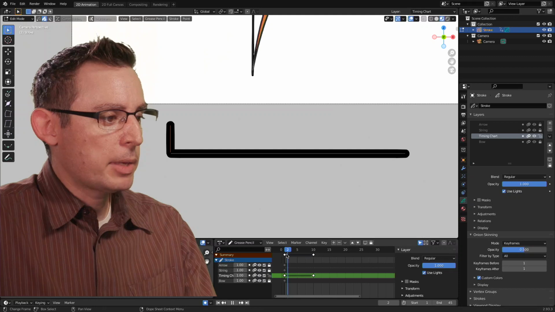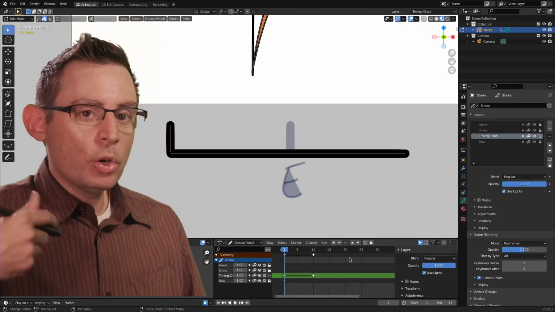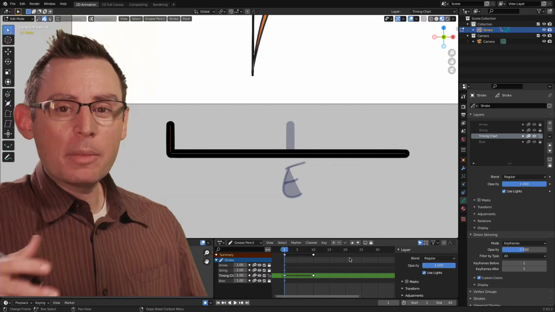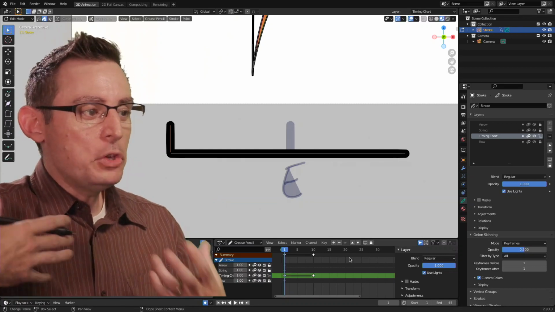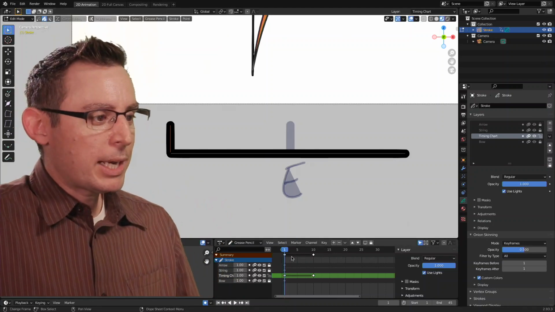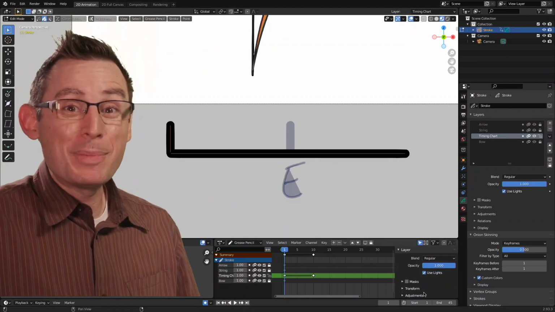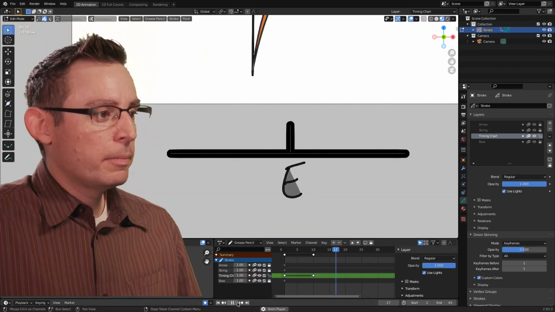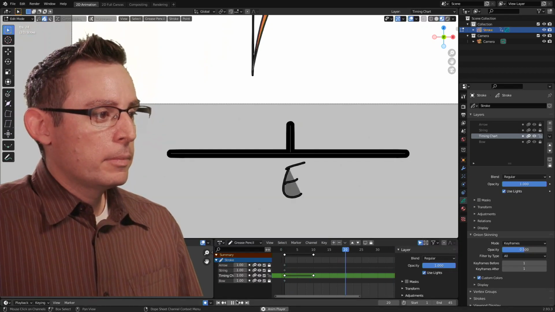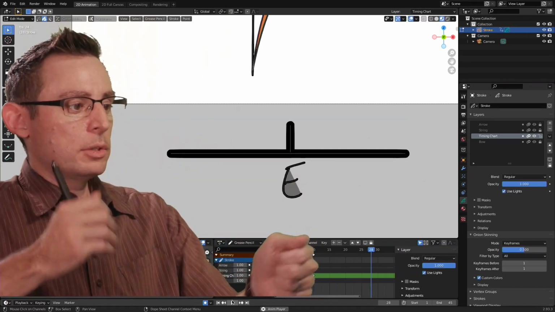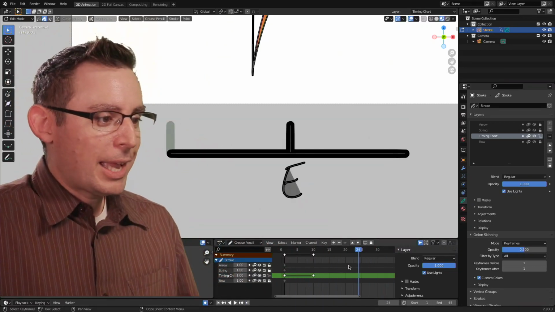Now, is this timed out correctly? Let's play it. We don't know the answers to these questions until we play the animation itself. Animation requires a visual feeling, a visual connection with speed. We're not going to get that exclusively just by looking at the diamonds in our timeline. We got to play it. So let's play it. It's a little short, and you got to do the sound effects, right?